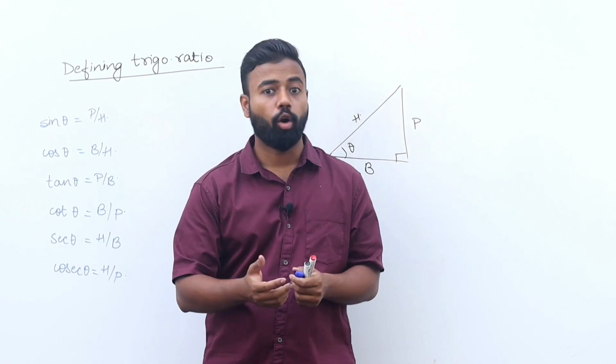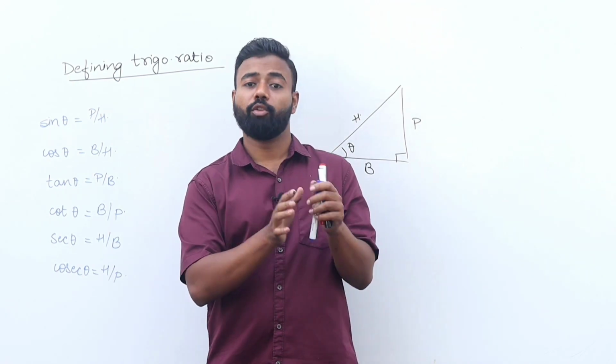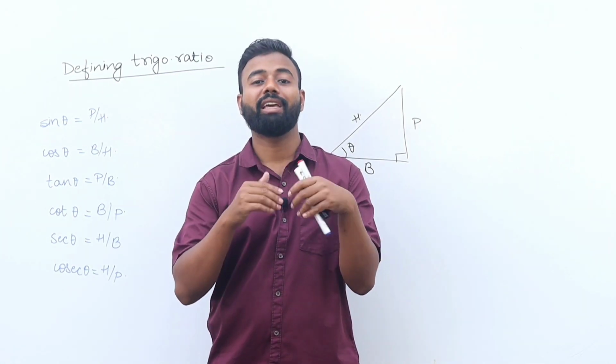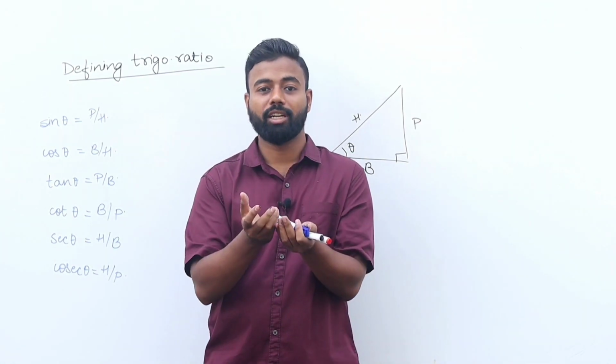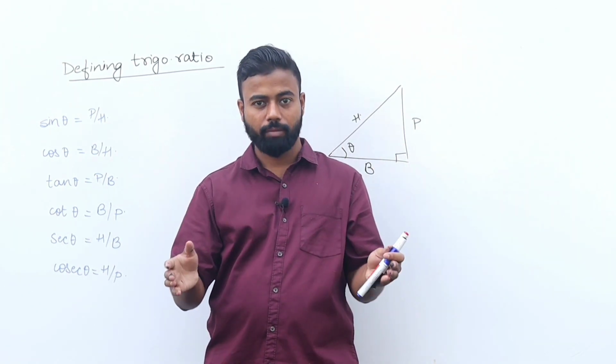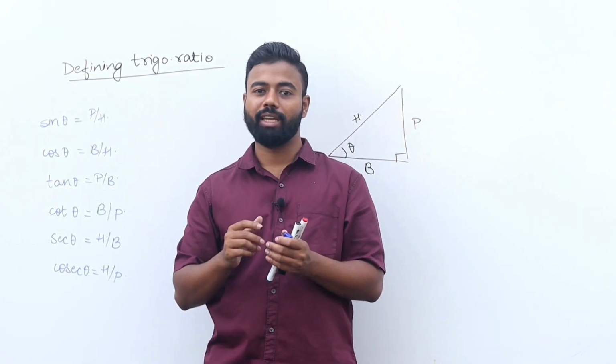Now we have to understand how a trigonometric function is defined. But before defining a trigonometric function, we have to build a small base. And the base for defining a trigonometric function is the angle. So first of all, we will be learning how an angle is defined. What are the different units of defining an angle?